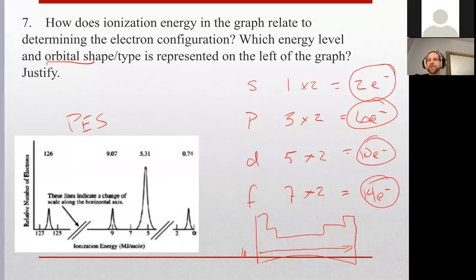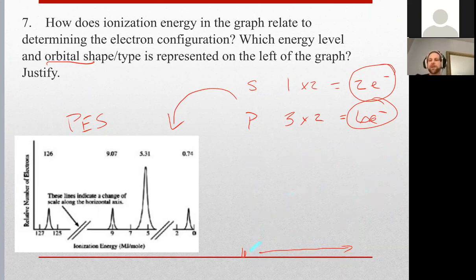But we're going to be using this idea to help connect to this graph. So I'm going to get rid of the ones that aren't as relevant. We're not going to see d orbitals on photoelectron spectroscopy graphs, the PES graph, and we're not going to see f orbitals on these graphs. We'll mainly be seeing s and p orbitals. So how does this relate to ionization energy? If we know that relative number of electrons talks about these electrons that are in s orbitals and p orbitals,